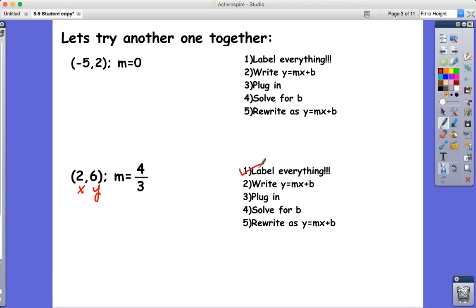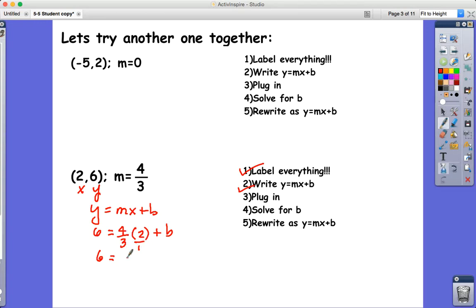Okay, label everything x, y. Write y equals mx plus b. So we write this down. Yes, you do. Oh, yes, you do. And then plug in y, m, x. 6 is equal to 4/3 times 2 plus b. All right, so 6 is equal to, when you multiply fractions, you just multiply them straight across,